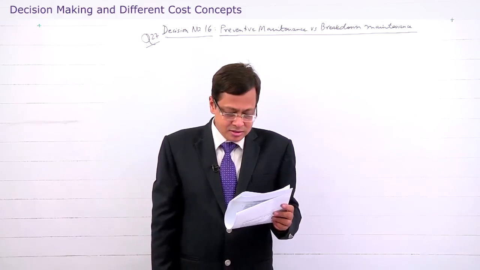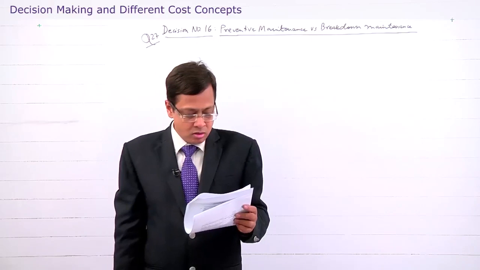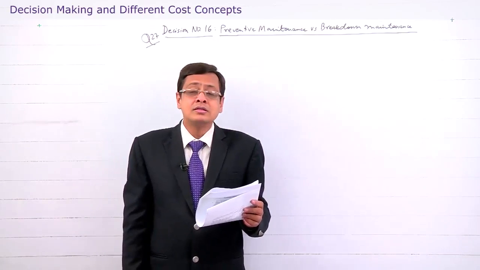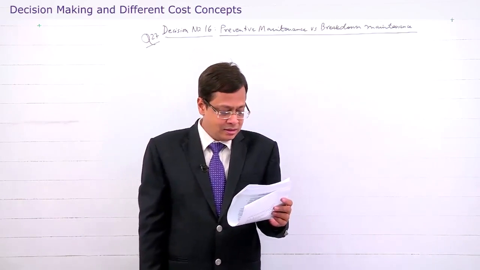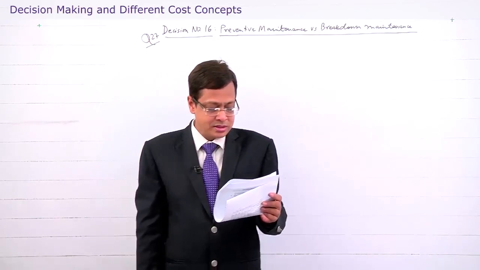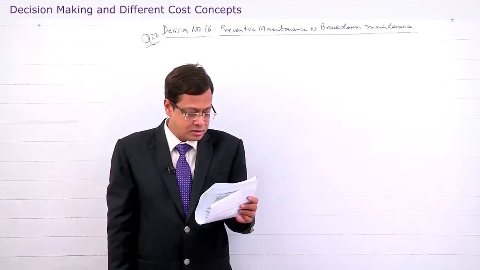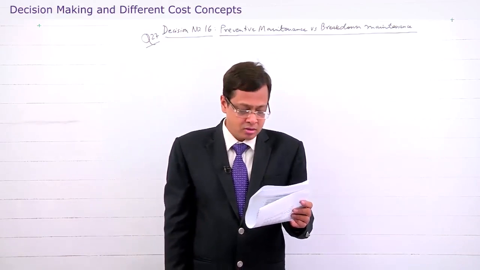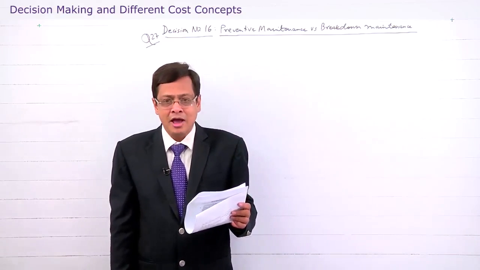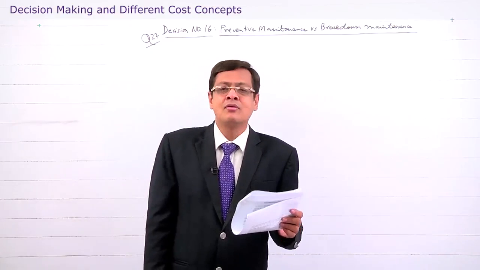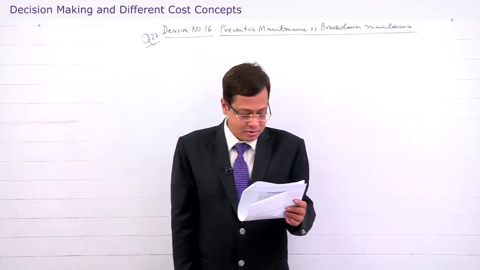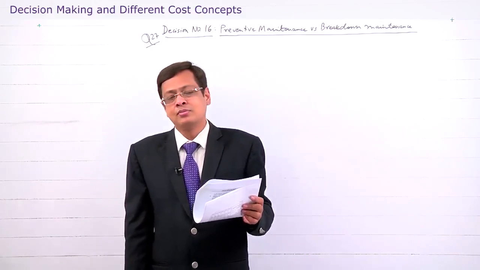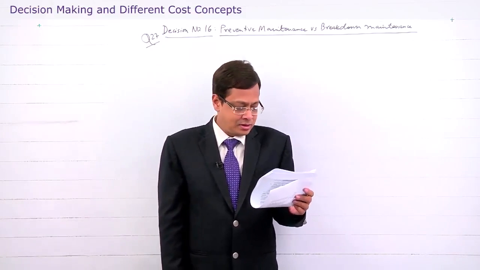The management feels this breakdown can be reduced or eliminated if additional maintenance is taken up. So, this additional maintenance has been expressed in terms of breakdown hours, with maintenance cost and repair cost for 0 hour, 5 hour, 10 hour, 15 hour, 20 hour and 25 hour. Process labor during stoppage can be used elsewhere up to 10 hours per week.